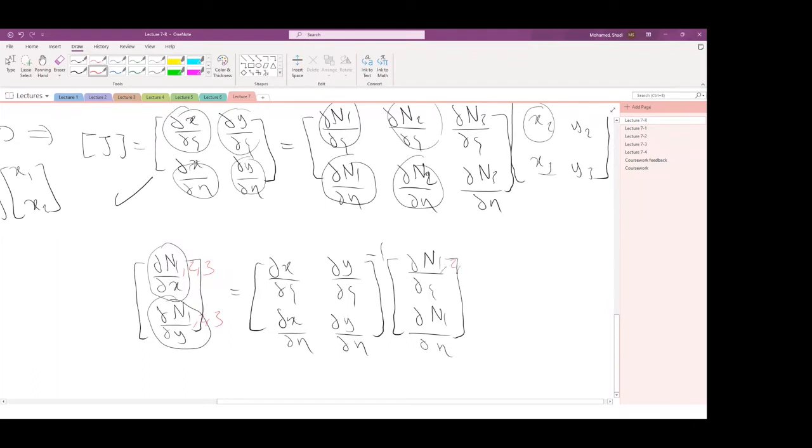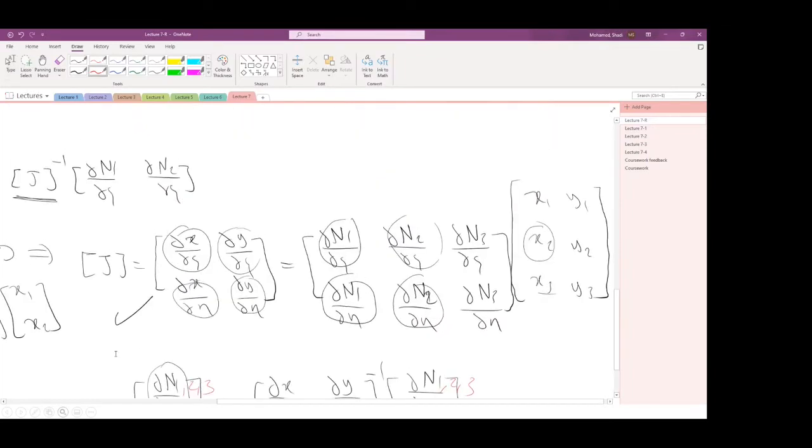So this is 2 and 3. The Jacobian matrix would remain the same. It would not change. But you need to do this for every single shape function, and then you get the derivative in the global coordinates. Once you have the derivatives in the global coordinates, you can get the B matrix,